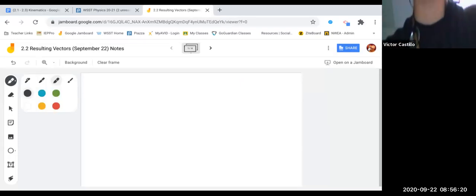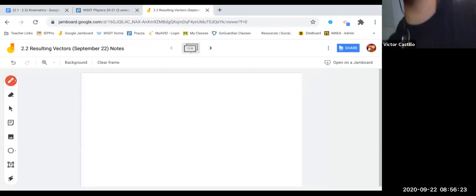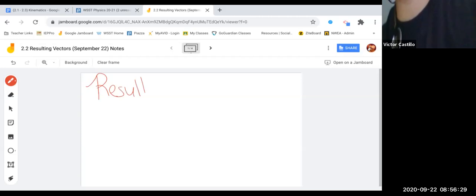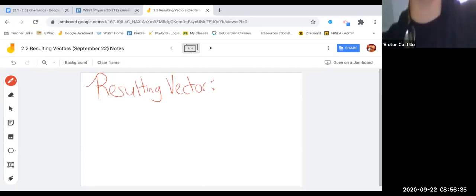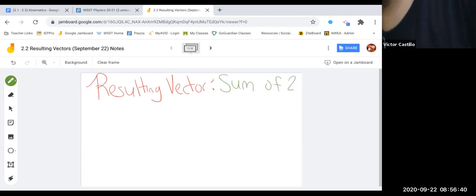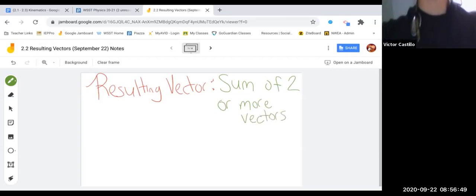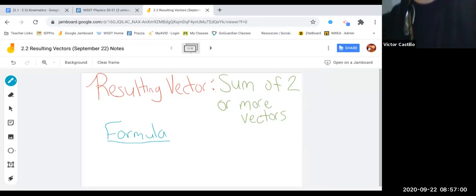So we learned about resulting vectors, right? Today in the do now, we learned about that. So let me just show you what resulting vectors are. A resulting vector is the sum of two or more vectors. The sum of two or more vectors. If you want to see this in formula form, we won't be using the formula yet, but in case you're one of the ones who really like math and want to see a formula, it's basically